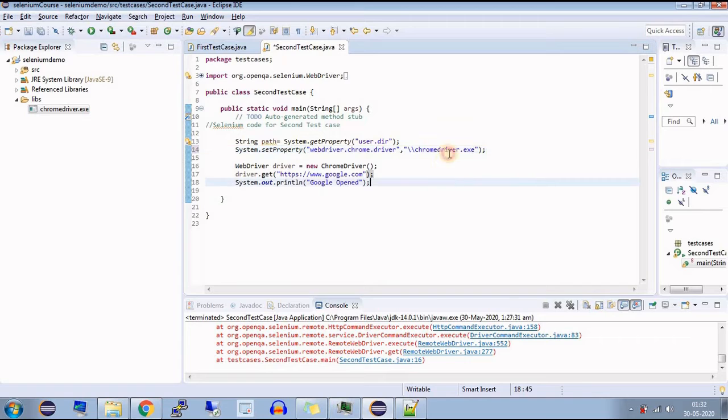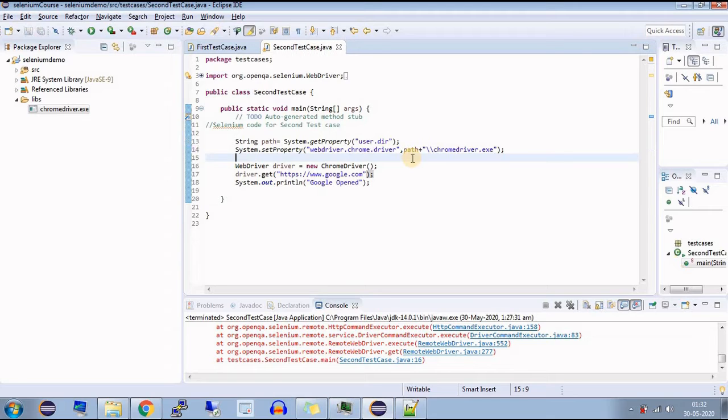Sorry, not user directory, it should be path, plus the folder name in your directory and the file name. So the folder name is libs and file name is Chrome driver.